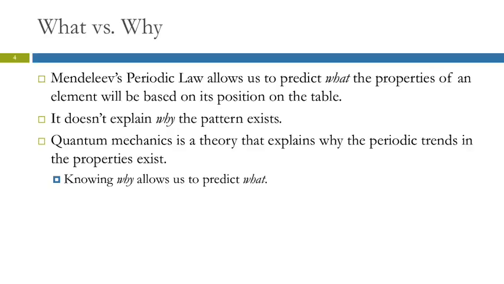Periodic law predicts what happens. It's a law. It doesn't explain why that pattern exists. And so quantum mechanics is the theory that explains why the periodic trends exist. When we know why, we can better predict what